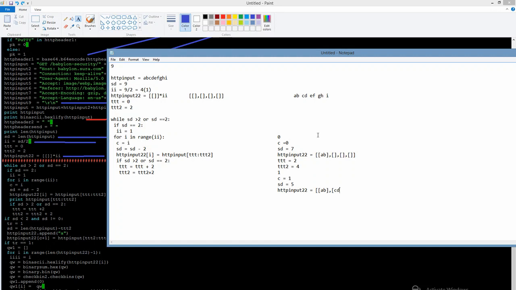We have 0 to 2 and from 2 to 4. So don't be mistaken here. So we know still SD is greater than 2 and not equal to 2. So we're going to increase TT by 2 and